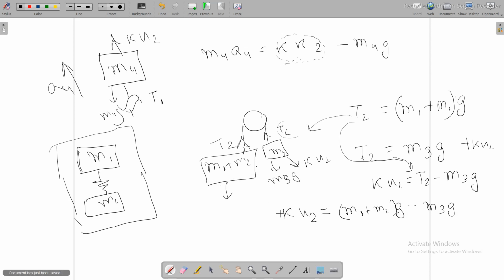Therefore, if we replace this into the equation for m4, then